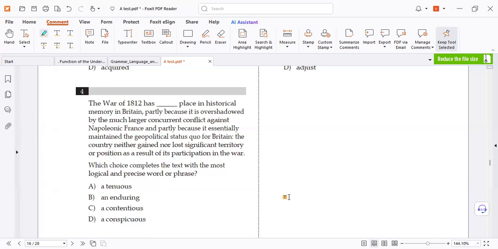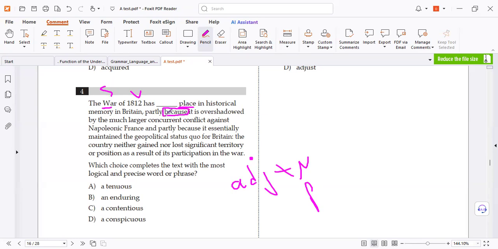Maybe not. The thing is, in all four choices, I don't know the meaning of any of them, except for "enduring." But I don't think enduring is the answer. Follow the rules. An adjective modifies a noun or pronoun. You must find the noun, place. So the word, subject, verb. The word has place